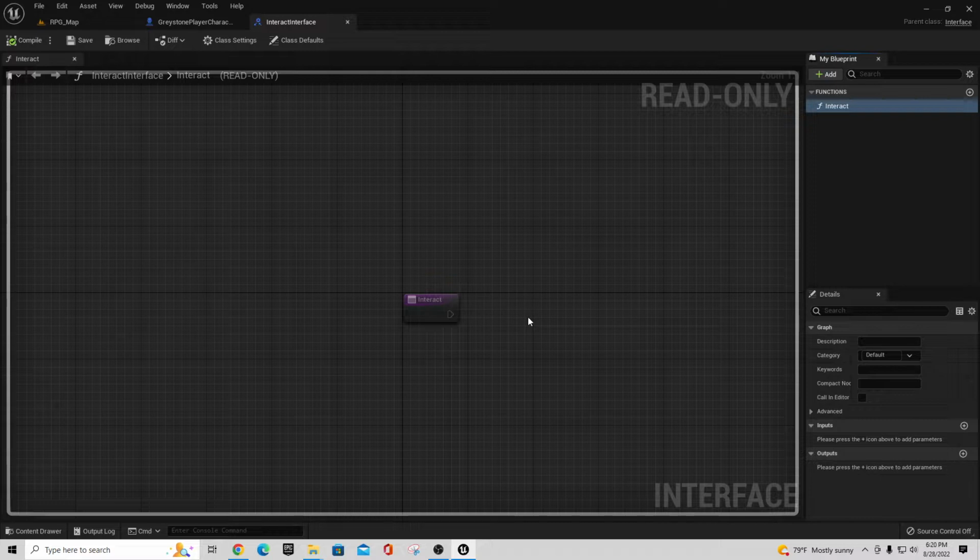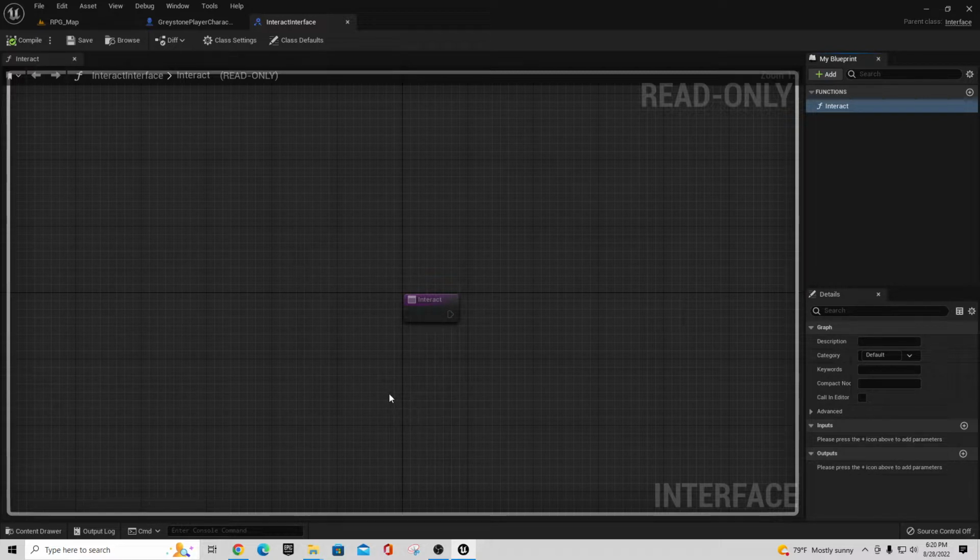Now, what does all that mean? Well, what that means is that if I put this interface on a door, I can check to see if that door implements this interface. And if this door implements this interface, then I know I can interact with it. If I put this on the chest, I know that I can interact with the chest. If I put it on a couch, I know that I can interact with that couch. So the way that I interact with the door is going to be different than the way that I interact with the chest or the couch. But commonly, I can just